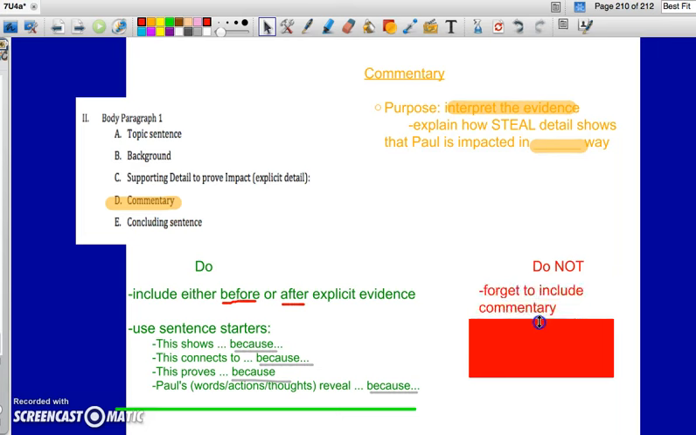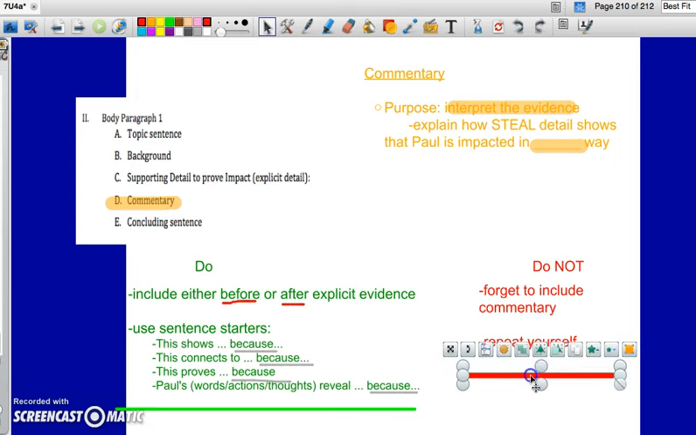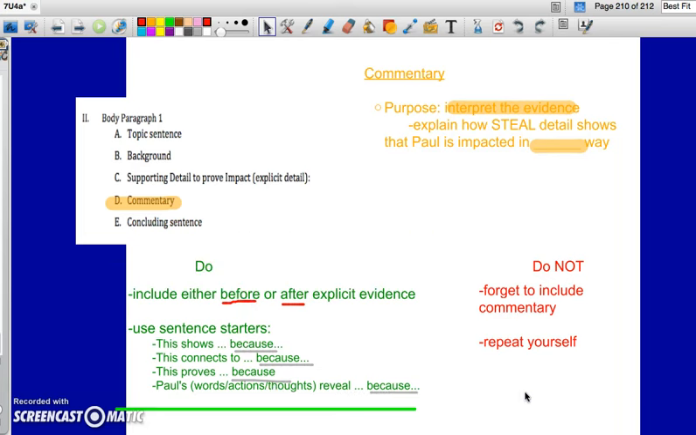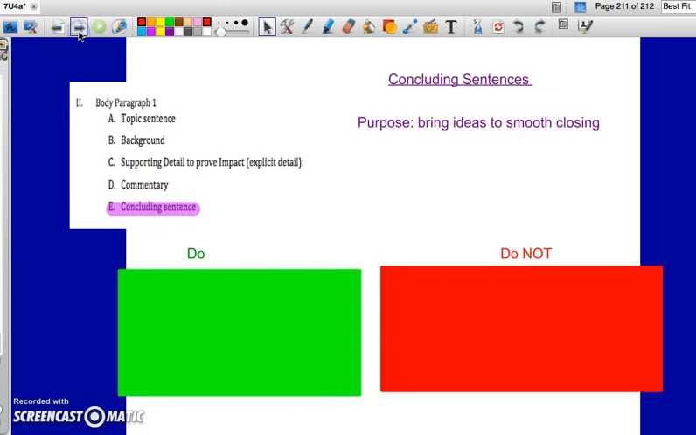Do nots about commentary. Don't forget it. Really important. Also, don't repeat yourself. If you've decided to put your commentary before the evidence, then it's done before. Don't put it after just to repeat yourself. Okay, so check. Do I explain my ideas? Yes. Moving on. The last thing that we're going to be talking about today for body paragraphs is our concluding